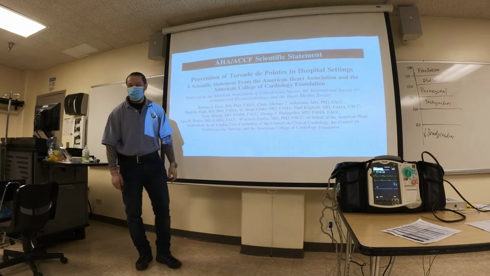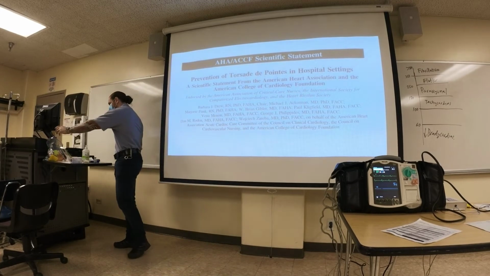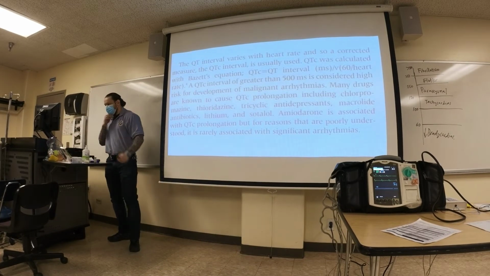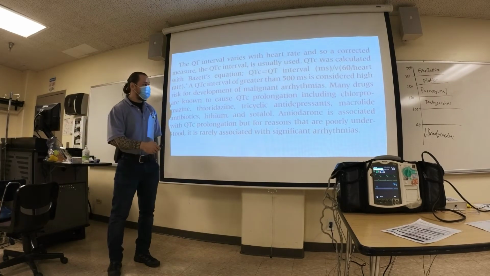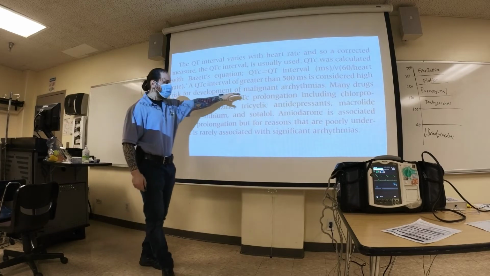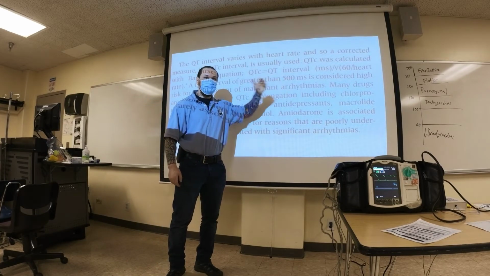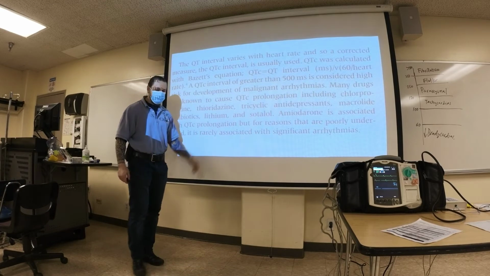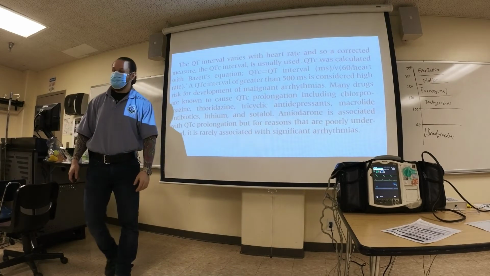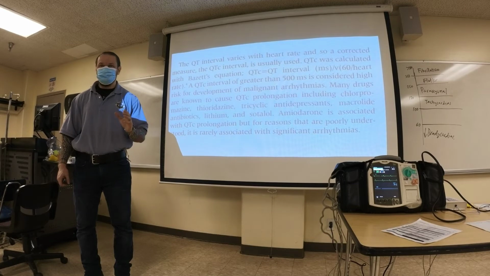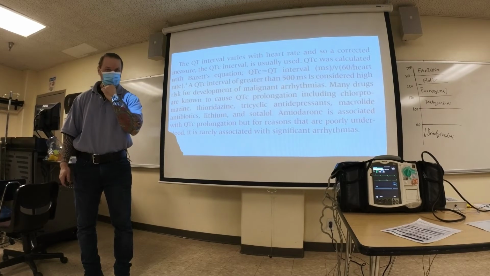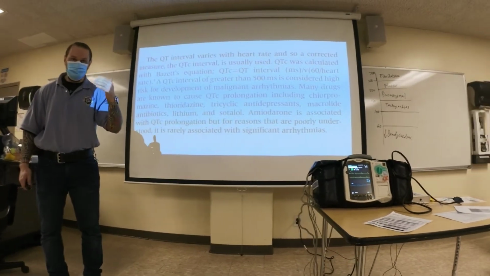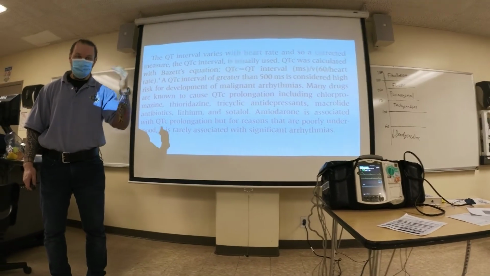There were some AHA studies that looked at what the problems are with Torsades. They looked at the QT interval. What's an abnormal QTC interval? QTC stands for the corrected QT interval, and they said any interval greater than 500 milliseconds is considered high. They do have some numbers for males and females, about 470 milliseconds or greater for males and 480 or greater for females. But if you remember 500, it's a good even number. So if your QTC is greater than 500,